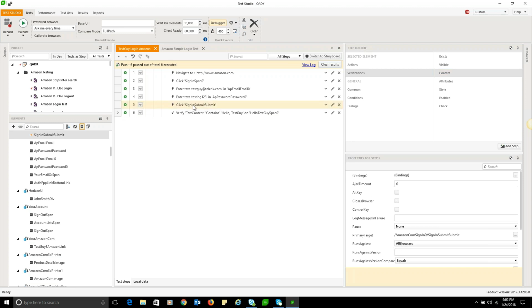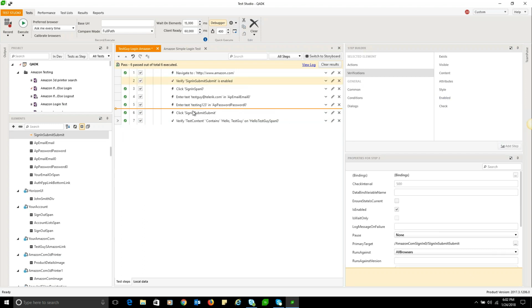So we've highlighted the step that uses the submit button, which in turn selects the submit button for us in the element repository. Now we can use the step builder tab, and selecting verifications, we can simply do an enabled verification. You can either double click from here or just click the add step and you'll see your new step added to the test. And now we have the verification to make sure that the sign in button is enabled